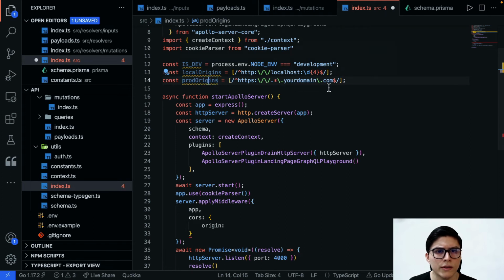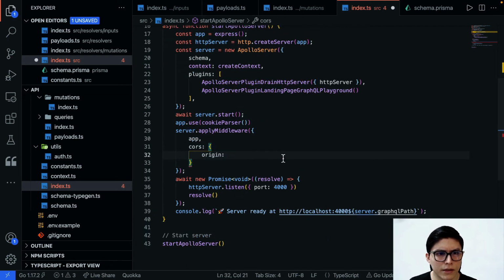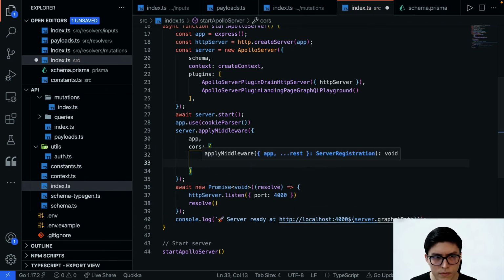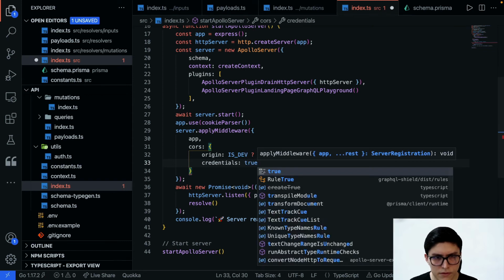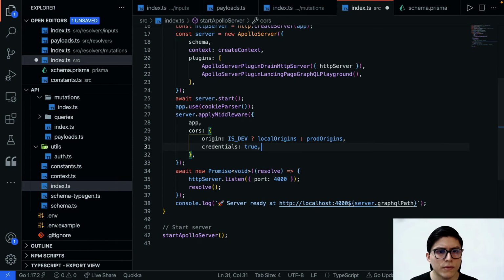Otherwise, define in here your own URL, and that way the HTTP only cookies will be able to work correctly. If is dev, local origins, otherwise prod origins. And since we are passing credentials, this should be set to true. All right.